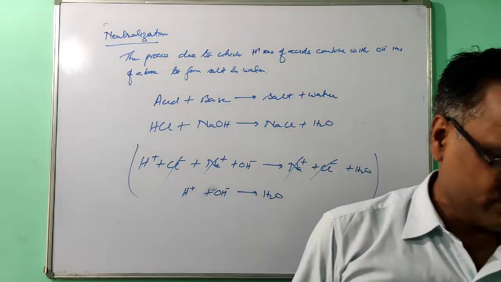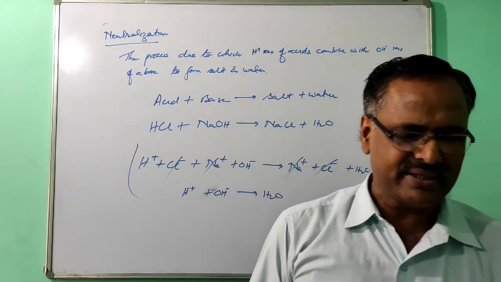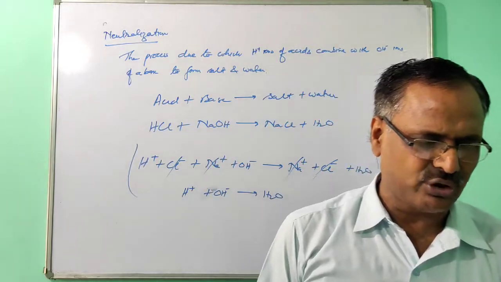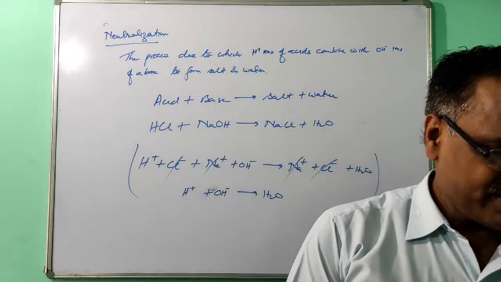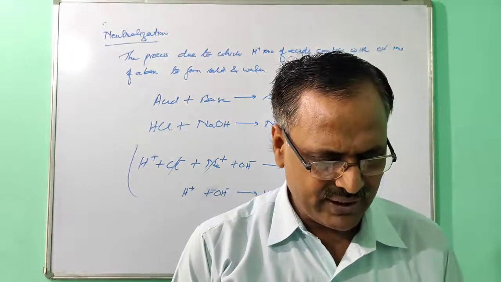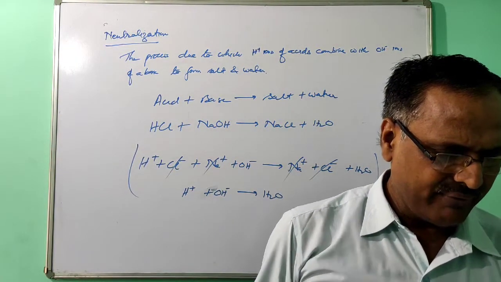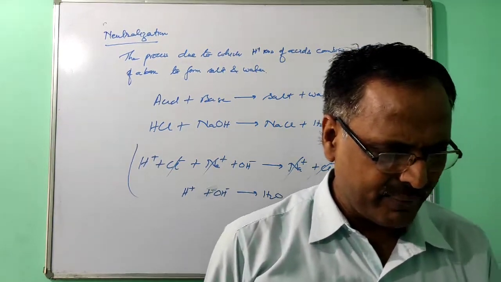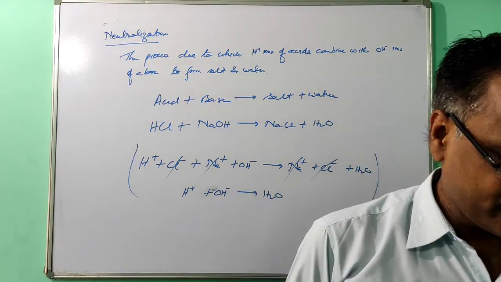So in the book, just go through page number 45. The process due to which H ions of the acid combine with OH ions of the base to form salt and water, just the example. Then uses of acids and bases you can study: boric acid, food preservation; citric acid, ink stain remover; oxalic acid, flavoring of drinks; carbonic acid, baking powder; tartaric acid; cooking, acetic acid; pickling of metals, you use hydrochloric acid.